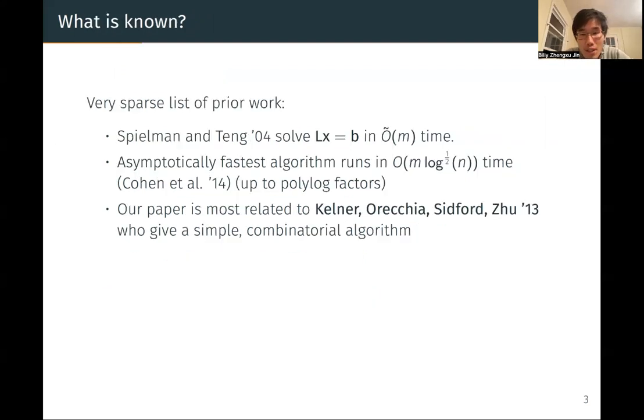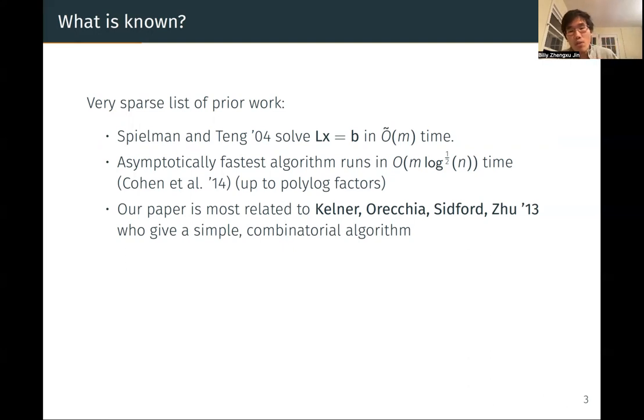Many people have studied solving Lx equals b in the past. For example, Spielman and Teng in 2004 show how to solve these systems in O tilde of m time, which is much faster than solving a typical linear system. And the asymptotically fastest algorithm runs in O of m times square root of log n time up to polylog factors. And the paper that's most related to our work is one by Kelner, Orecchia, Sidford, and Zhu from 2013,